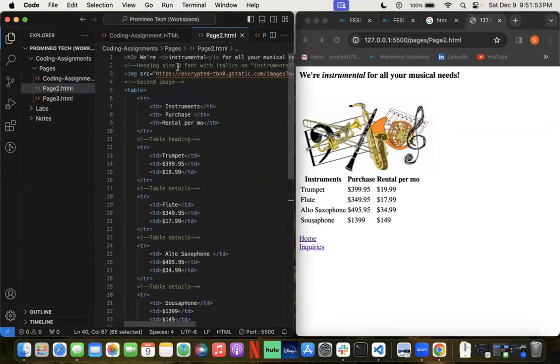So then we have our second heading, which is size 3, which says we're instrumental for all your musical needs. And I know I didn't have to, but I decided to go with italics on instrumental. So then below that, we have our third image, or excuse me, second image, which is some instruments here and